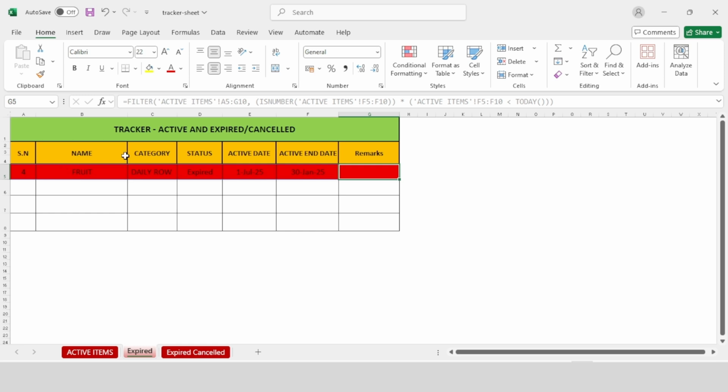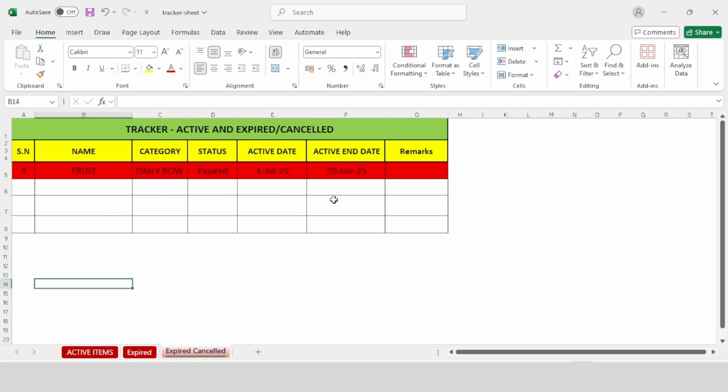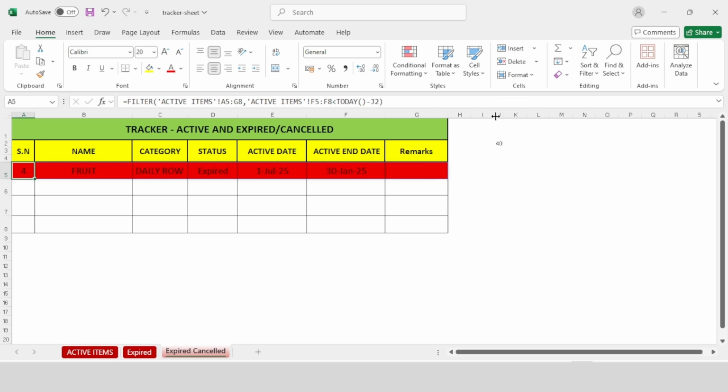Now the automated formula is done, which you can see. I explained it already. Then we'll go to the next page. On the next page, what I did is after 40 days: if this data is expired for 40 days, it will be copied or appear here. For this formula, I did the same thing. Only what I use here, you can see, is the minus. Here what I wrote is 40. Why 40? Because I want to add 40 days. So TODAY minus 40 days.